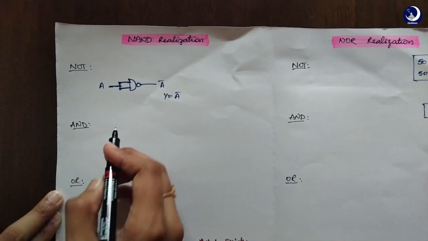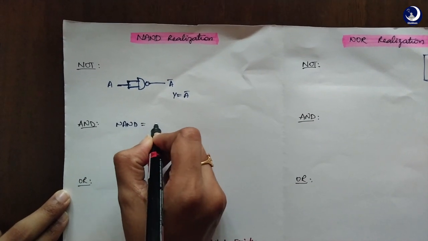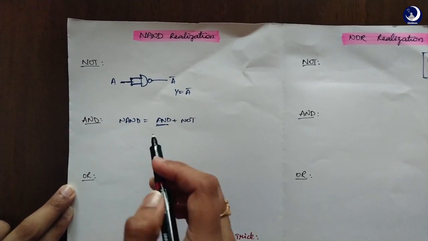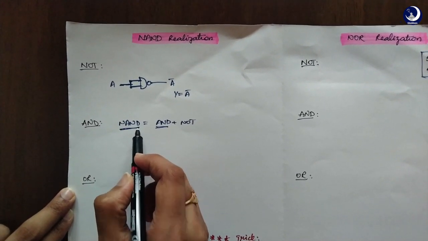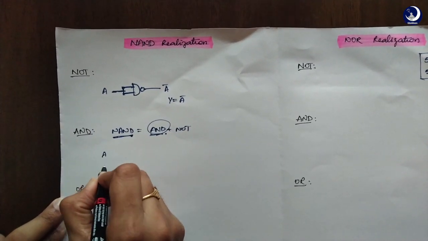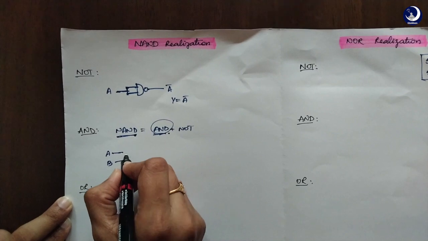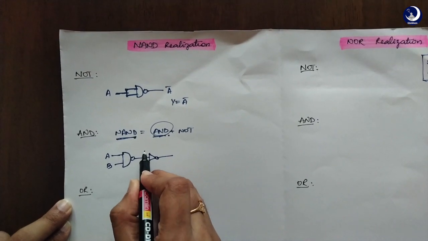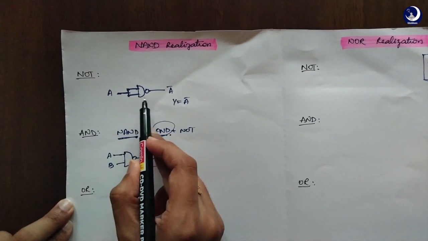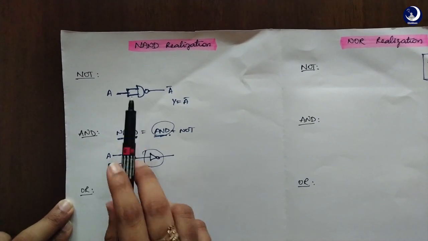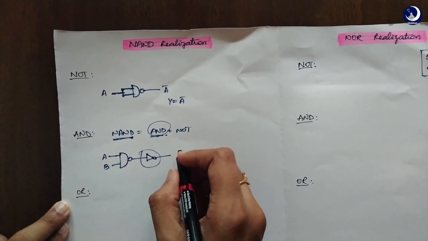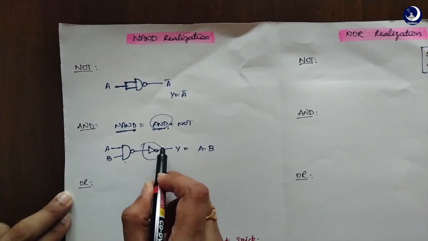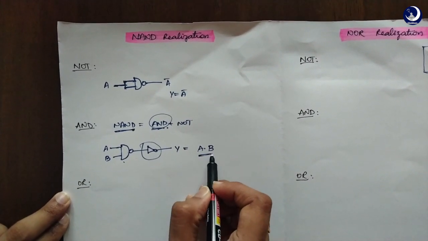Now, if you consider the AND gate, see, NAND is nothing but AND plus NOT, right? So in order to get an AND gate, if you again use a complement for the NAND gate, you will easily get this AND gate. So it looks like this. If you have two inputs A and B, these two are connected to a NAND and again to a NOT. I'm just using this kind of NOT for a simple purpose, but in the exams you're supposed to use this kind of NOT when they specifically ask you to use NAND gates only in the question. So now this becomes Y. So Y is nothing but A dot B. You can just cross check. This is a NAND and again you're making it a NOT. So it becomes an AND. So that's what is done here.